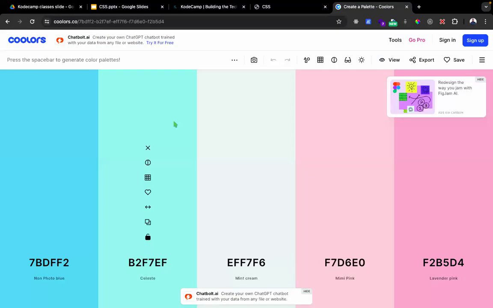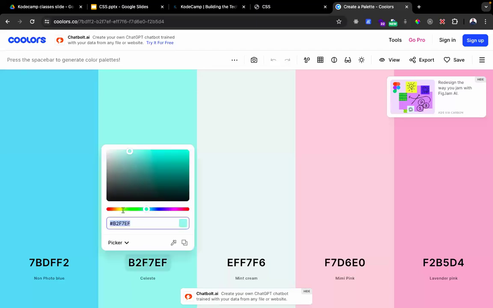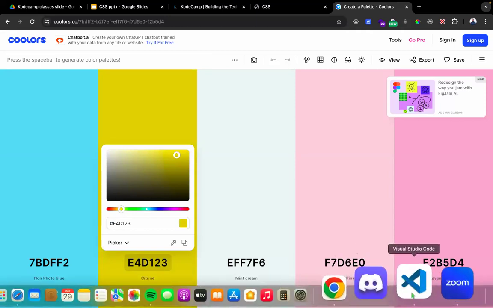So that's that about colors. Colors are just generic. Any color you want, if it's yellow, you can just come here and you will see there's a yellow color here. You can now pick the shade you want. If it's a deep yellow, you just come here and it gives you the color code, and you just copy the color code and take it to your VS Code, and you have yellow. I hope that answers the question,